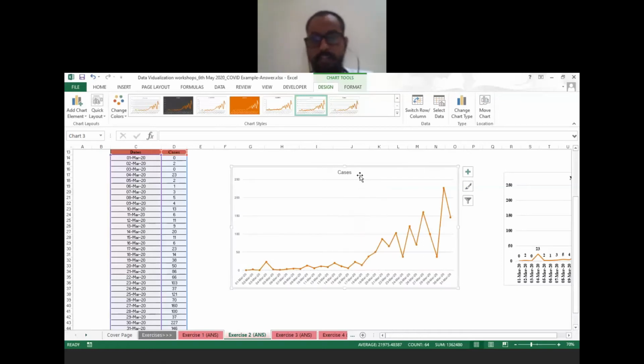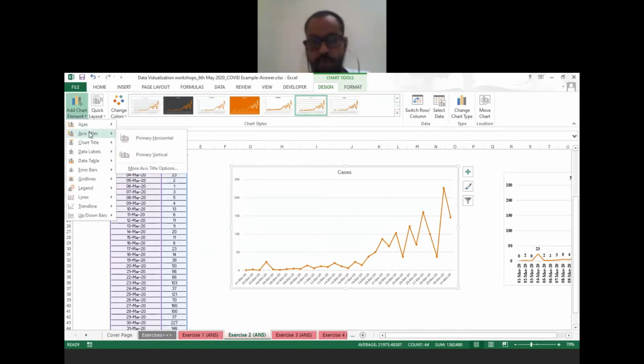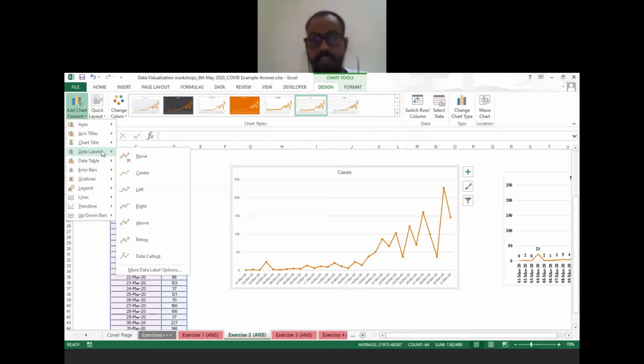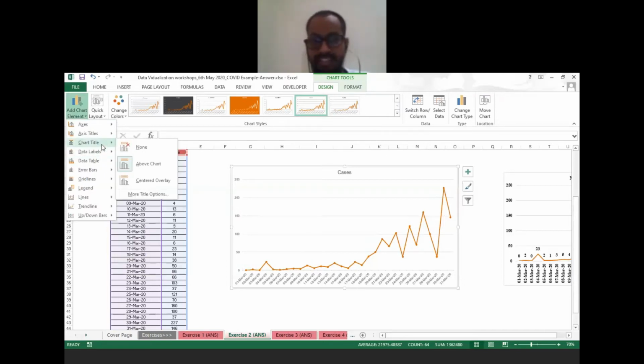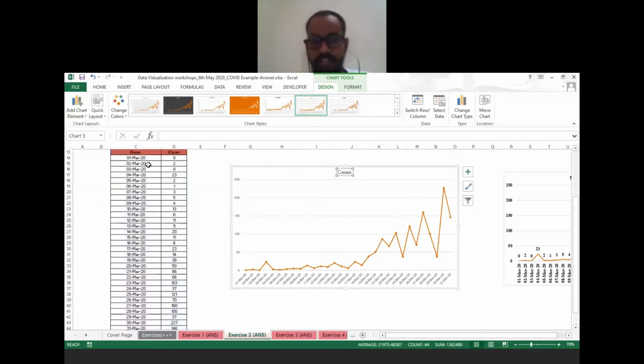After this chart, even if you have the lower version of Excel, you can simply go to the drop down menu, then go to the design option. After going to the design option, you will get the first option as add chart element. Just like the previous one, select this. On the second option, you will have your axis title, and the third option you will have chart title. The fourth option you will have your data labels. So simply go through the chart title, above chart.